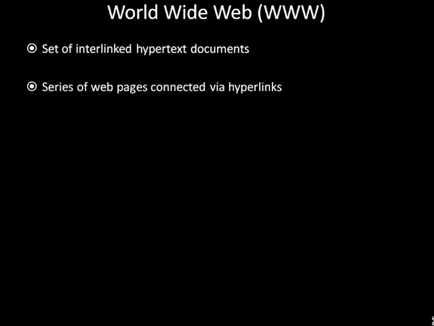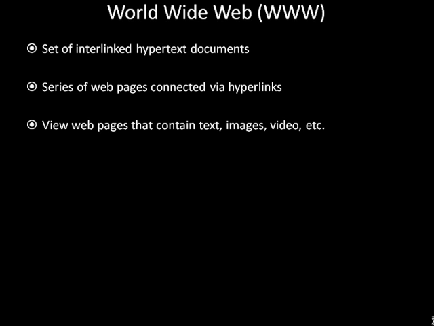The World Wide Web is a very large set of interlinked hypertext documents accessed via the Internet. It is a series of web pages connected to each other via hyperlinks. With a web browser, one can view web pages that may contain text, images, videos, and other multimedia, and navigate between them using hyperlinks.